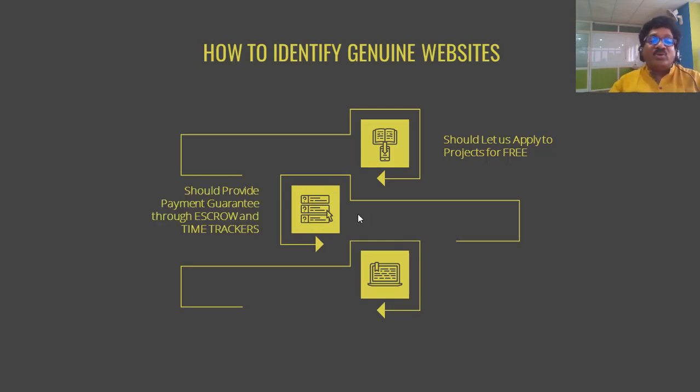The second parameter you have to look for is the payment guarantee. See, often when we work for an employer, right? For example, offline, outside the internet, if you plan to work as a freelancer, let's say someone awards you a project, you complete the project, you submit the work. Let us say someone asks you to write 5 articles on a given topic. You complete writing articles, you send across the articles on the email to that guy, right? And then what happens? Most of the cases we know that payment doesn't come in.